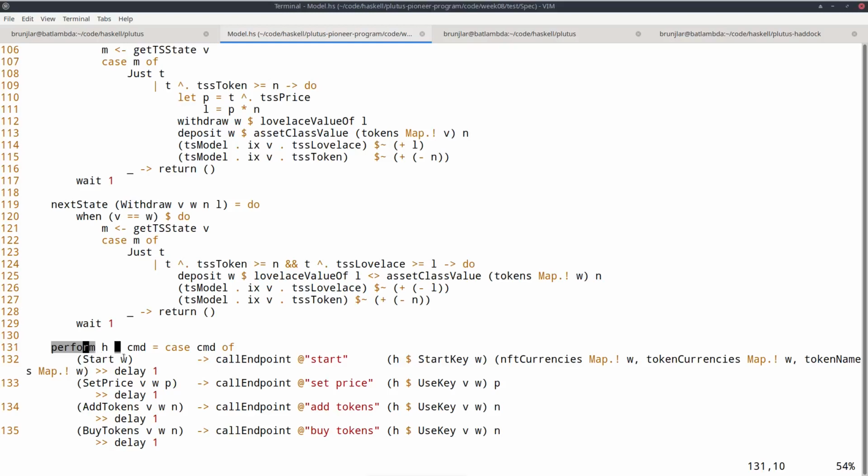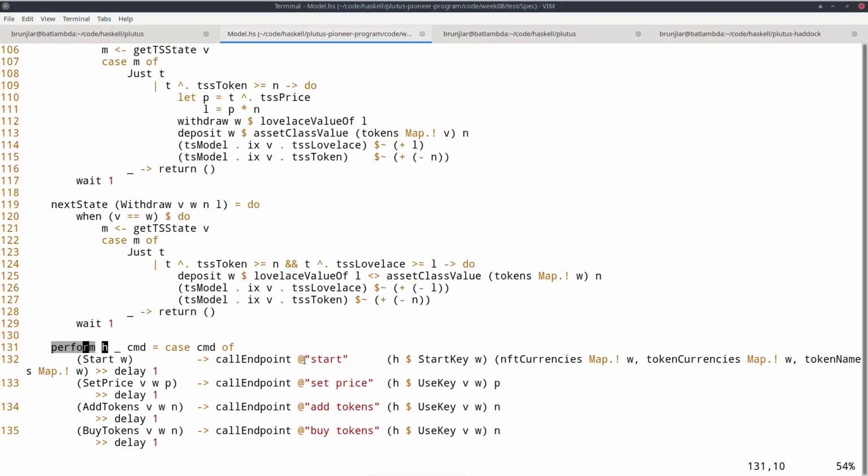In order to do this, I must call the start endpoint on W, and recall the argument I need here is this instance. So in the emulator, I start a contract instance and I get a handle, and now I must provide this handle. And this is exactly what the first argument is for. So this H argument, given a key, these are the contract instance keys we defined earlier.